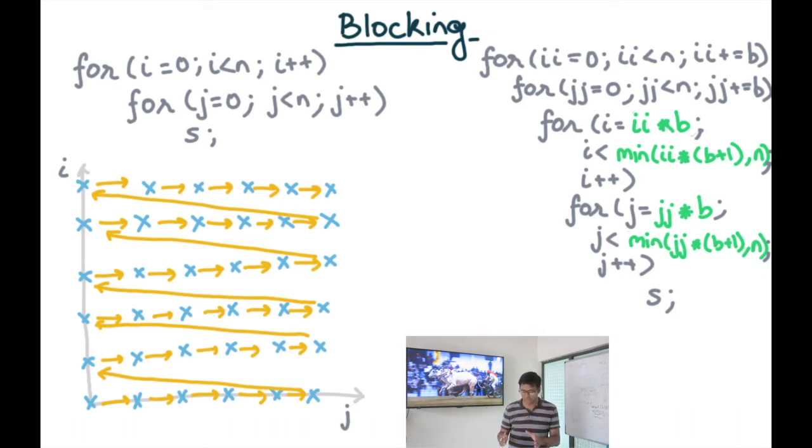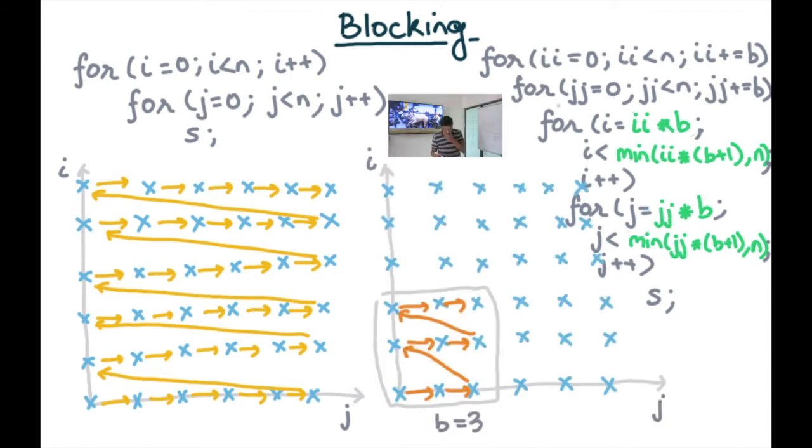But before we discuss that, let's look at the new iteration space pictorially, and compare the new execution order with the old execution order. The iteration space is still identical. We have i and j, going from 0 to n on j and 0 to n on i. But this time, for my first iteration of the inner two loops, this is the block. Let's assume B equals 3, so I'm going to go from 0, 0, 0, 1, 0, 2,